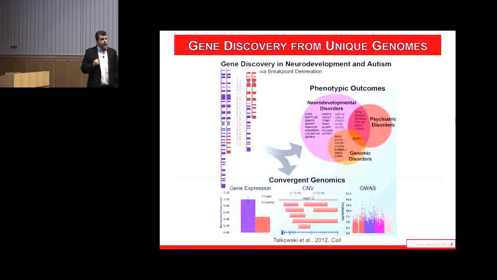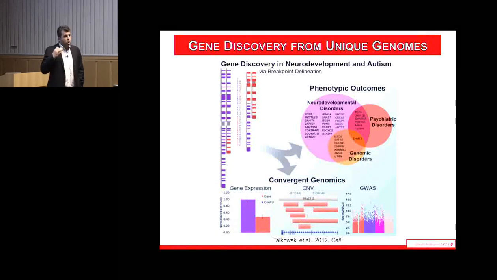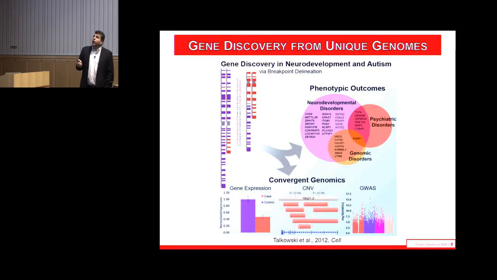By using those methods, we were able to take these balanced chromosomal rearrangements that we knew would be contributing to disease in a certain portion of the cases, because they were de novo rearrangements in a child with a phenotype. We sequenced them, got to the breakpoints, and in this one study we found a series of 33 genes that were disrupted by breakpoints from balanced chromosomal abnormalities. Every one of these genes that are highlighted, bolded and italicized were new discoveries at the time that had not been associated with autism prior to that, such as CHD8, SCN2A and KATNAL2.